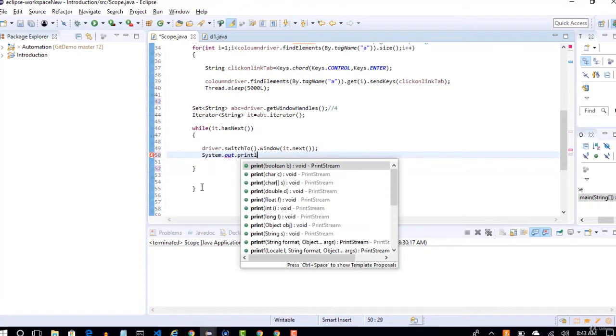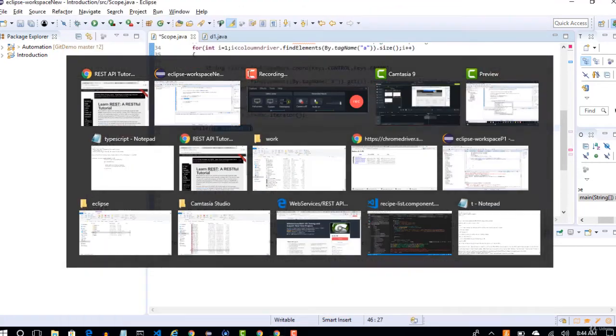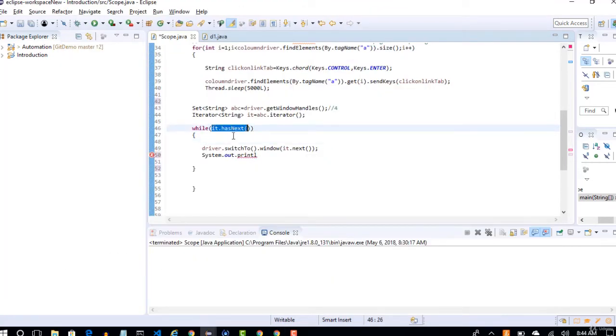Now the loop continues again. It checks, two indexes are completed, right? Again it checks if the iterator has a next index. Yes, it's present, which is true, so it comes inside again and moves here.